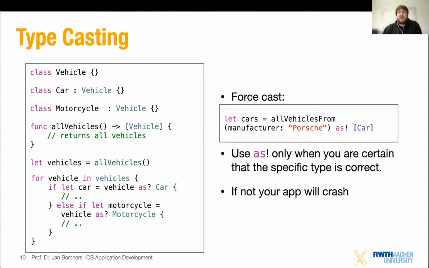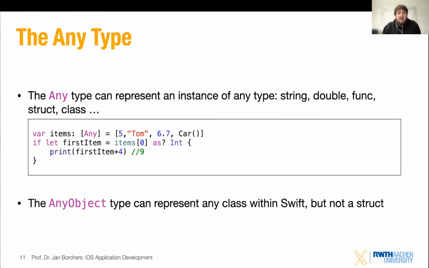But if we look at types, there's also the any type, or also any object. And that is something you can have. That just means could be anything. There, the compiler will not check what you put in there. So, for example, here we create an array of type any, and assign it. First item there is an integer, then we have a string, then we have a double, then we have an